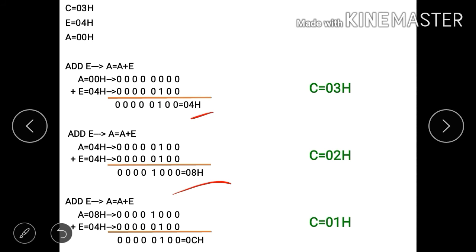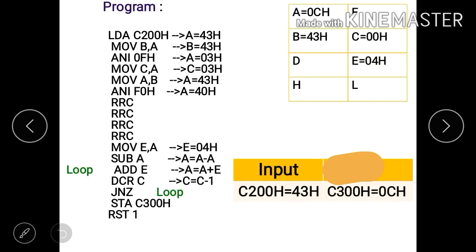So after executing the ADD E instruction, we will get 0CH in the accumulator. Now we decrement the counter and it becomes 0, so we will jump to the next instruction.